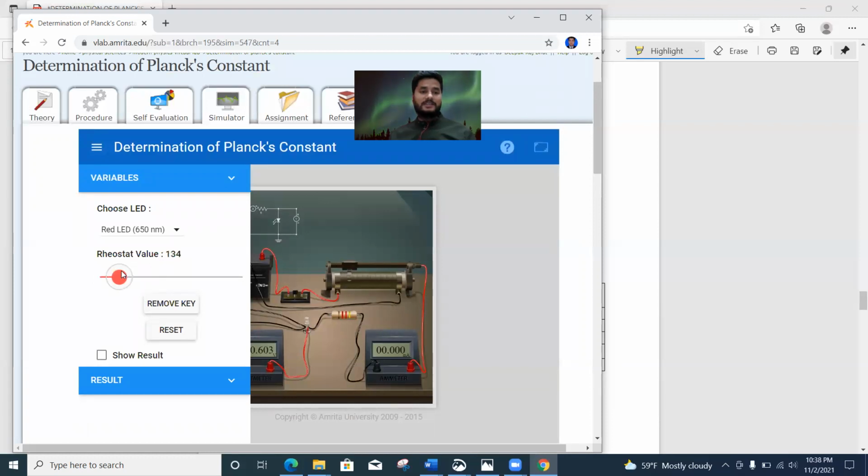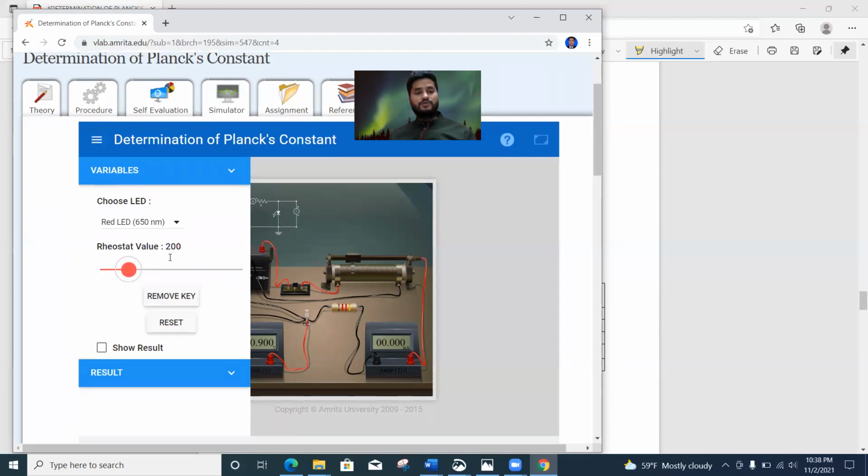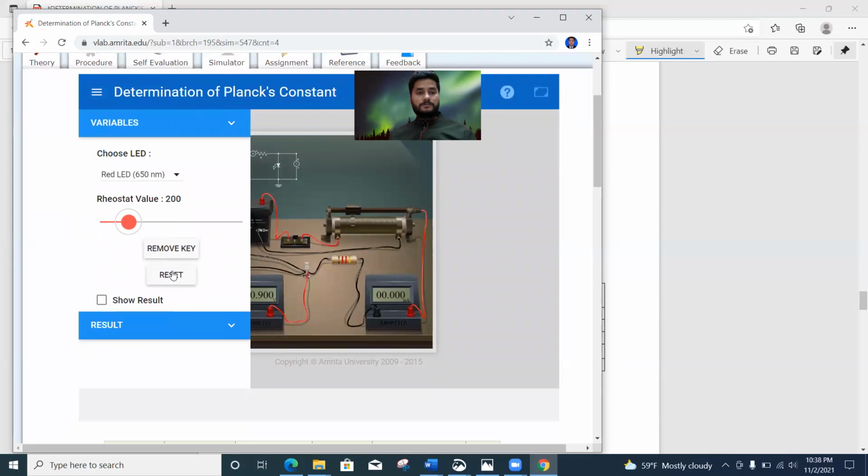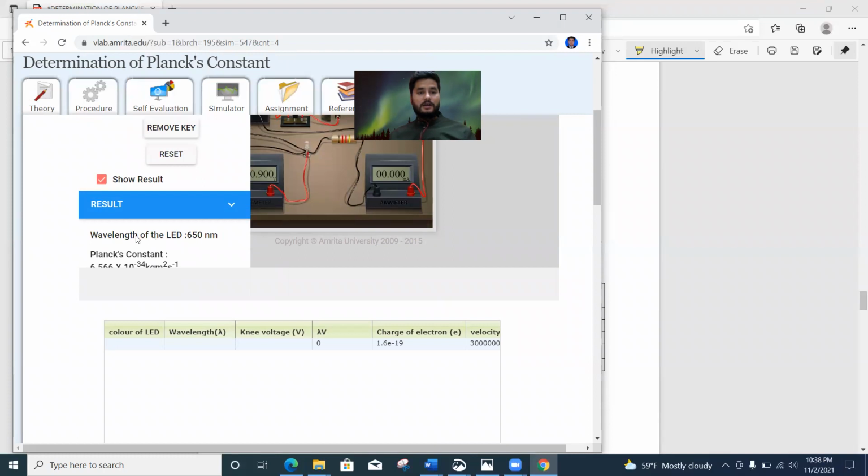Now I'm going to adjust the rheostat. Suppose in my experiment I adjust the value of the rheostat to 200 ohms. If we click here on show result, we find the result. The wavelength of the LED is 615 nanometer, which is our red